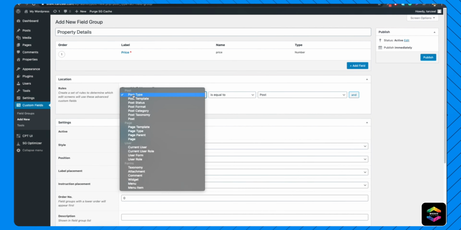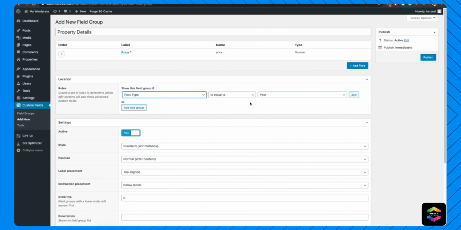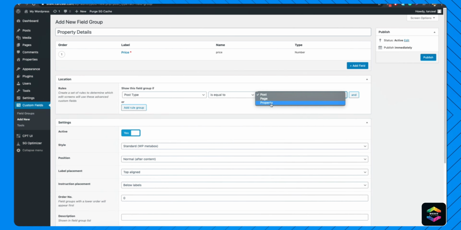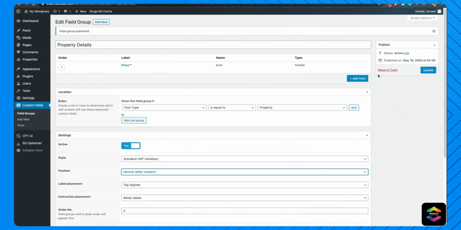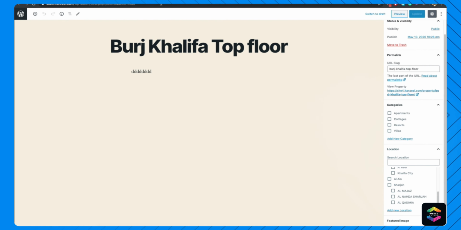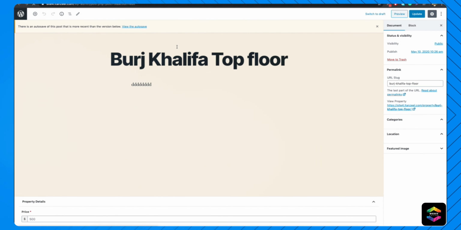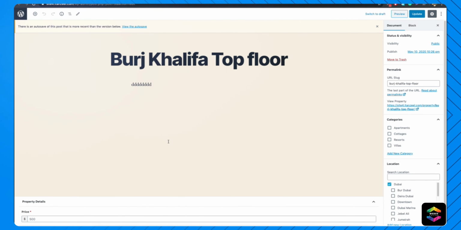So you have to select it on a post type, and now you have to say that I want to show it on the property, that is our custom post type, which is here. And now what you have to do is just hit publish. Once you hit publish, if you come to this particular page and refresh this page, you will see that this is right here, and now you are getting this particular property details, and